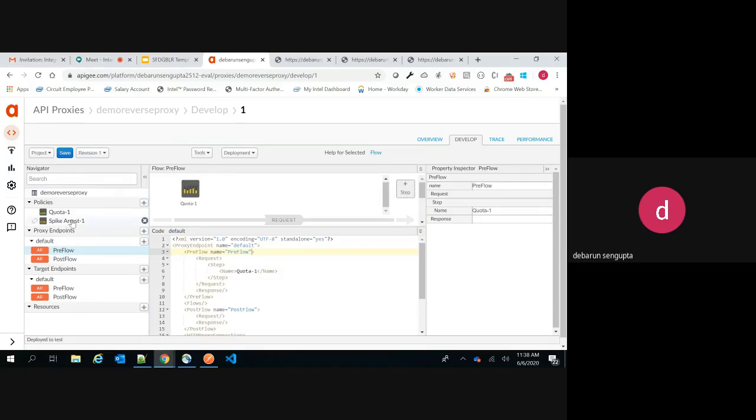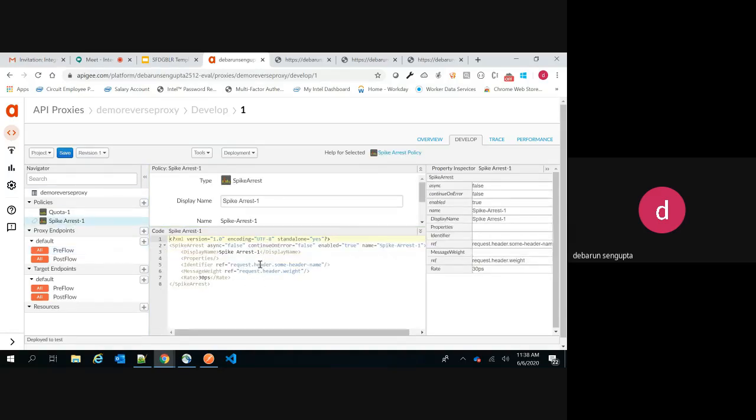In the spike arrest, you have the ability to set up the configurations. This is the portion which indicates that particular fraction of a second where you want to limit the control. Now if I write here, say, 2pm, it means 2 per minute. It means 2 per 60 seconds or 1 per 30 seconds. This amount of requests it will allow.